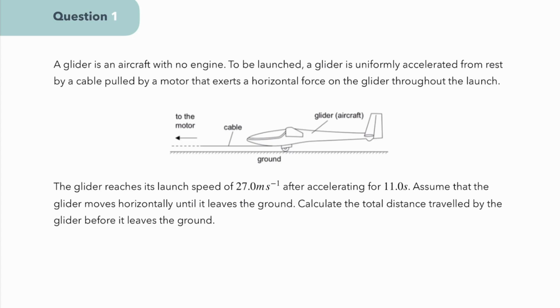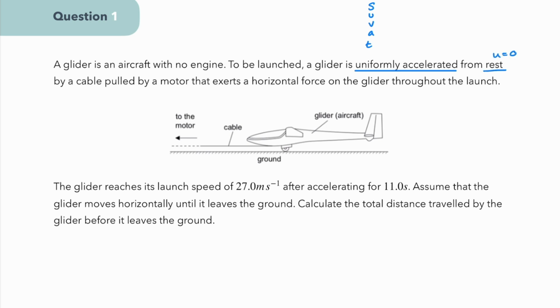Question 1. A glider is an aircraft with no engine. To be launched, a glider is uniformly accelerated. Now, before we go any further, whenever you see the words uniformly accelerated, it usually means that you can use the equations of motion. So you're going to be using the SUVAT equations from rest, and that tells us that